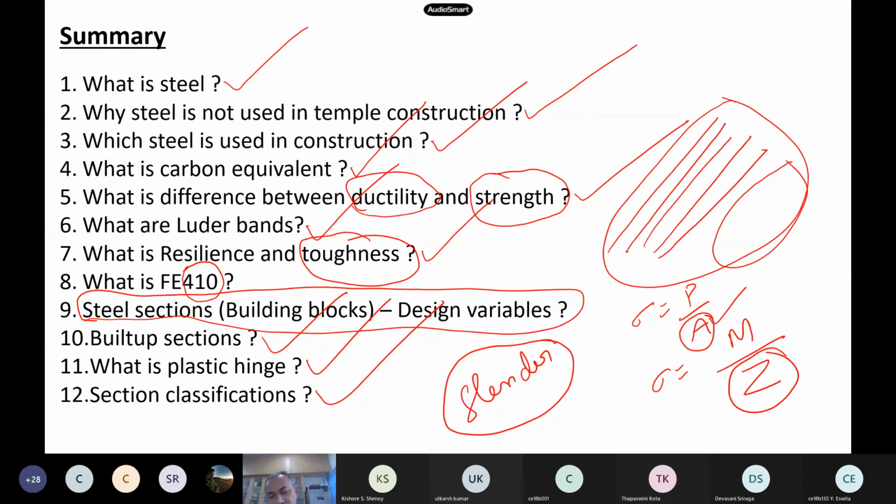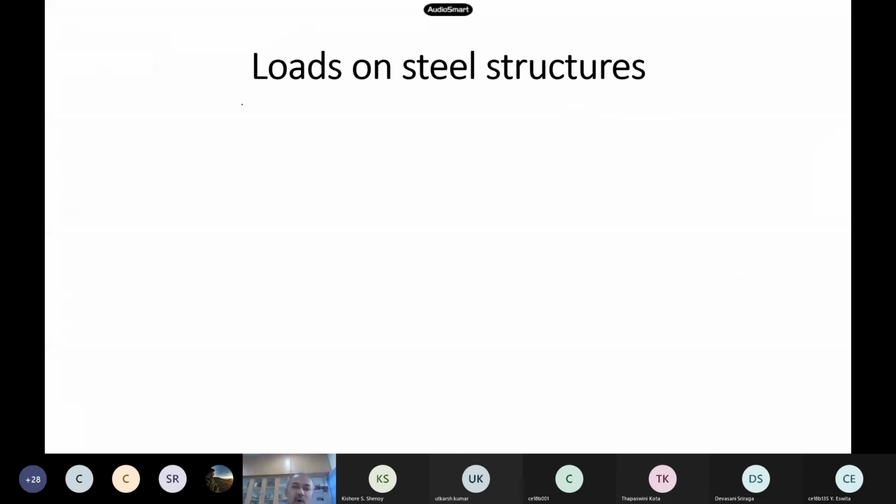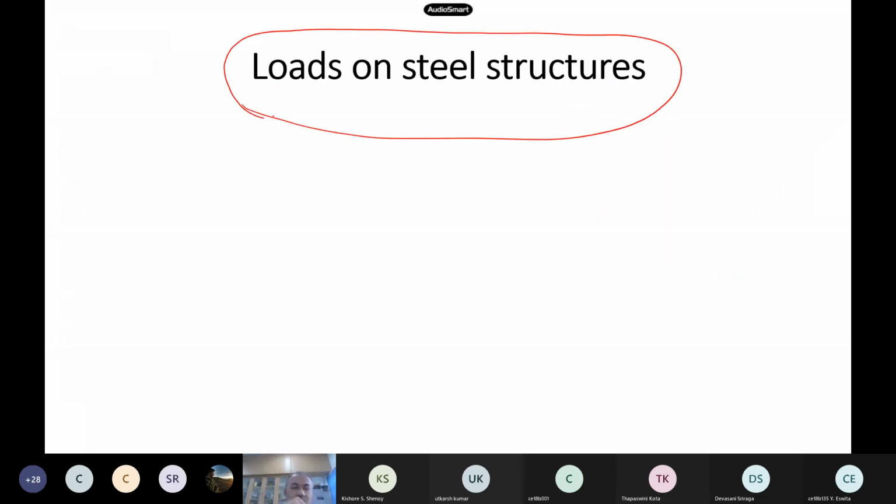Our first unit, whatever we discussed, things are all clear. Okay. So I will stop here. From next class we will start the loads. So we will see these loads on our Friday class. Okay. So fine.